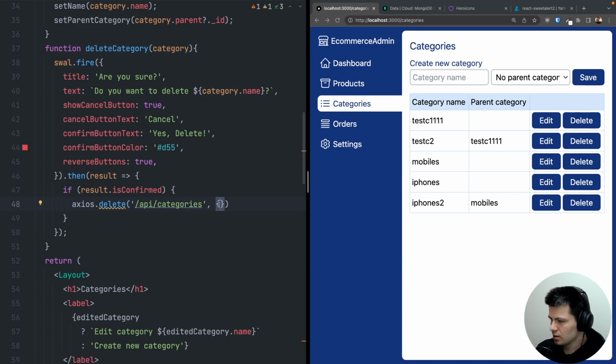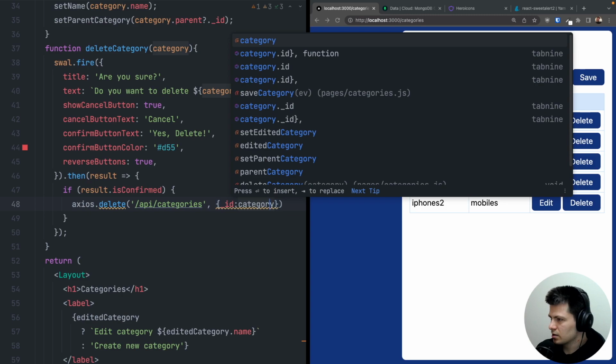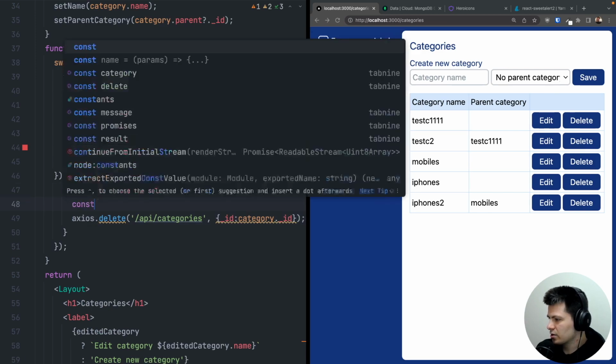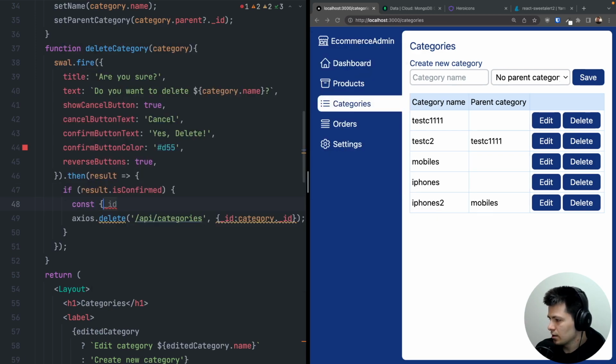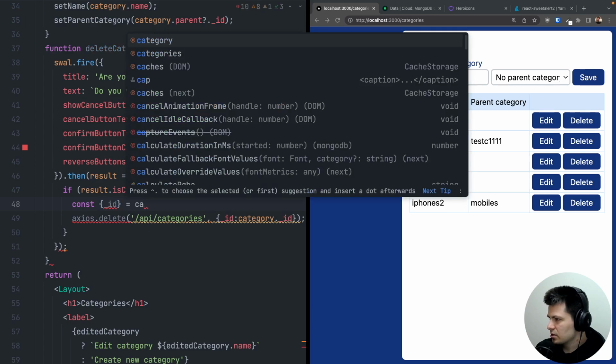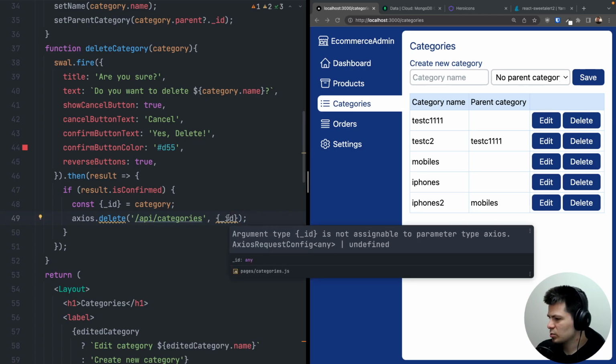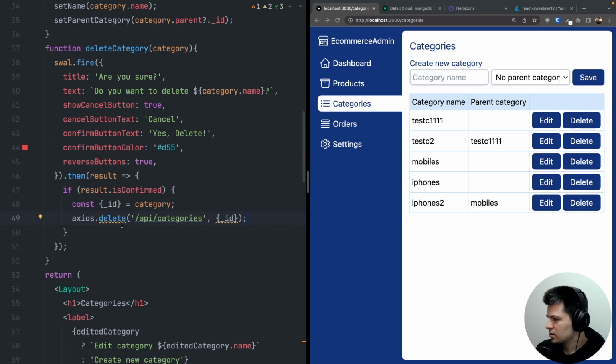So let's do _id equals category._id, and that's basically it. We can do this like this, or we can grab the _id from category, and we can just put it here as a param. But the problem here, as you can see, is that we get this warning and that the delete actually